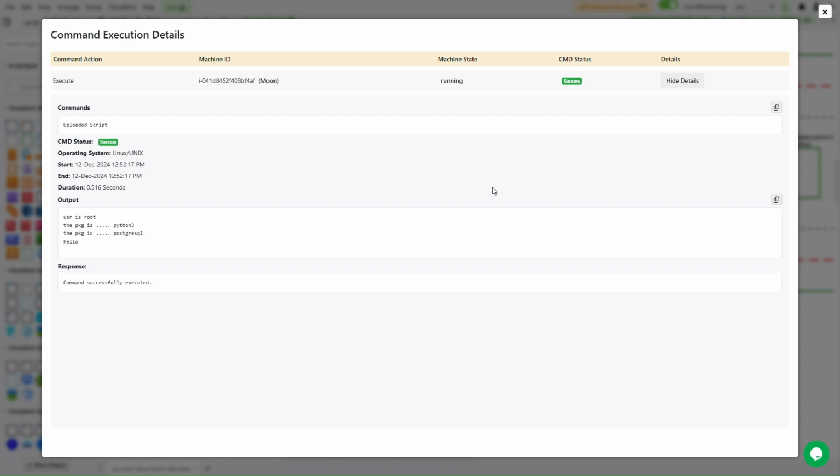At the top, we have the machine ID and its state. In this case, it's running. Our command execution was successful, as shown by the success status. Under Commands, we can see we're working with an uploaded script. The system shows us it's running on Linux/Unix, with the exact start and end times, and it took just 0.516